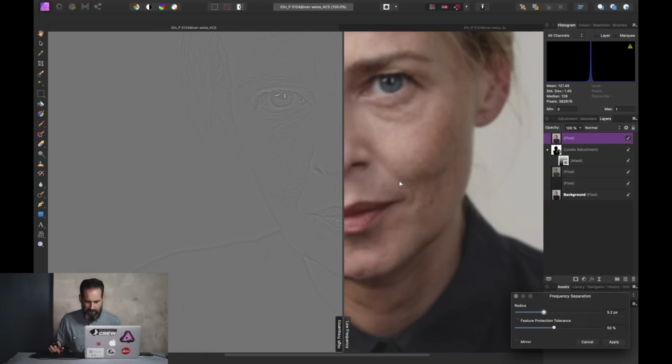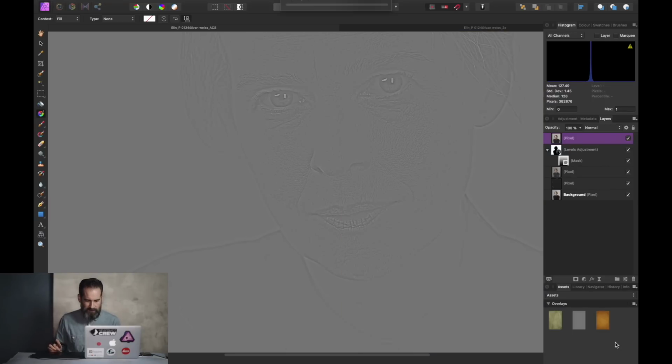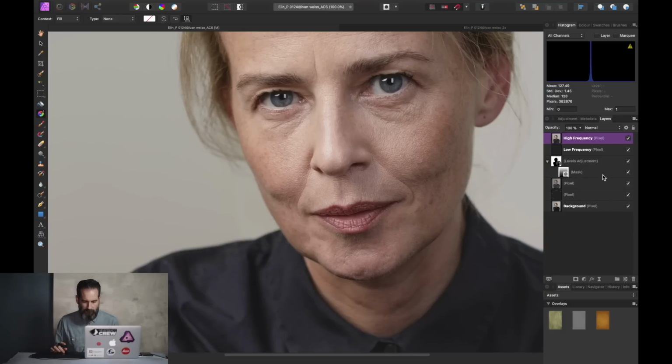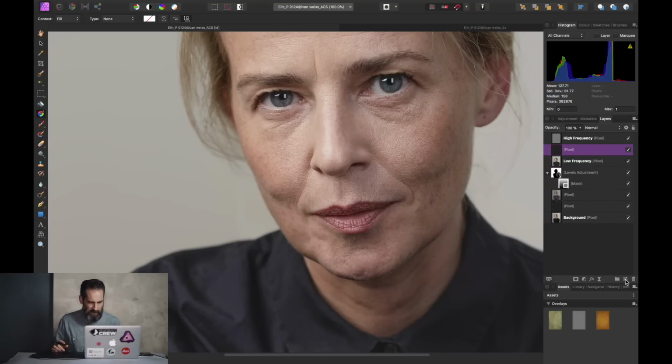So I'm going to commit to that, and that gives us a low frequency layer and a high frequency layer. In between the two, I'm going to open a new empty layer and I'm going to hit save, and then I'm going to